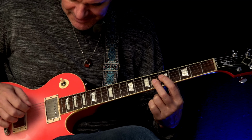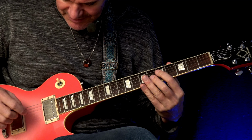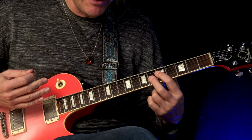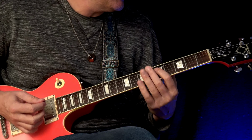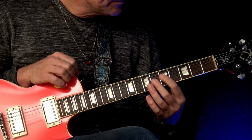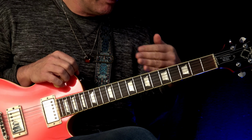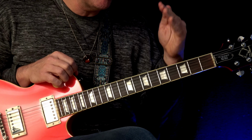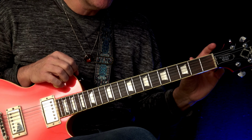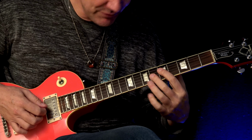If we add the bass note here, the A, we hear how many dissonances are in there. And this is called an alteration. An alteration is there to pull you more in the direction of the chord change. So at the end, when it changes to D minor, we add this alteration which pulls extremely to the next chord, which would be...